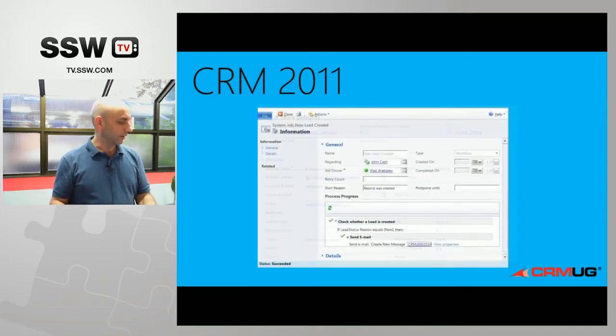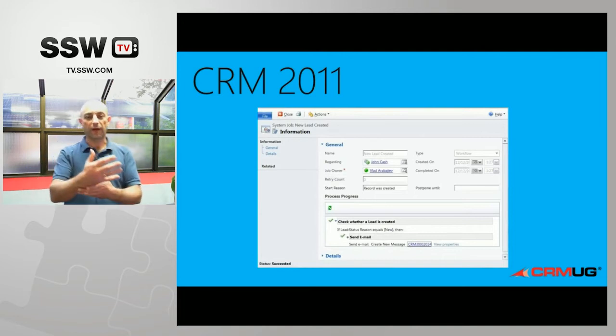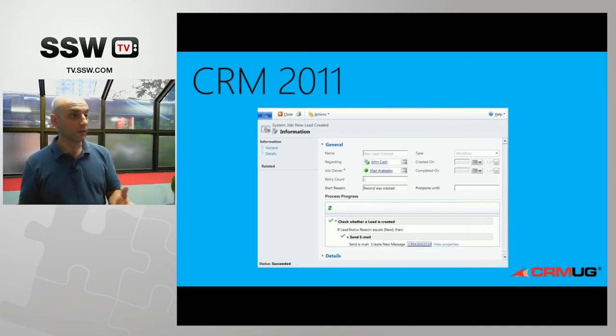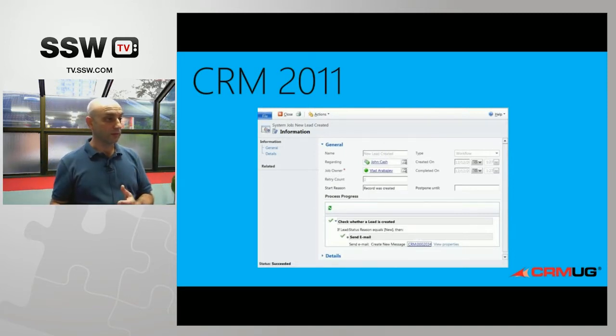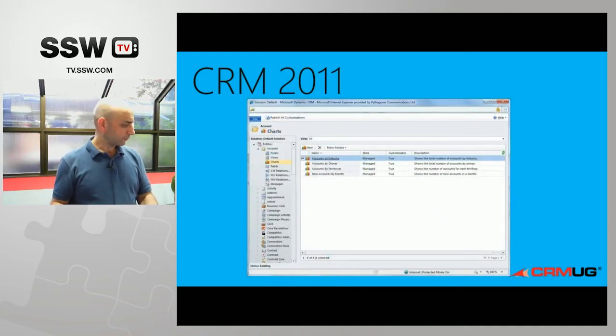And then the other powerful feature you can have inside CRM is workflow. Similar, if any of you touched SharePoint, basically you define business processes inside CRM. And then last but not least, you have your development environment where you can actually